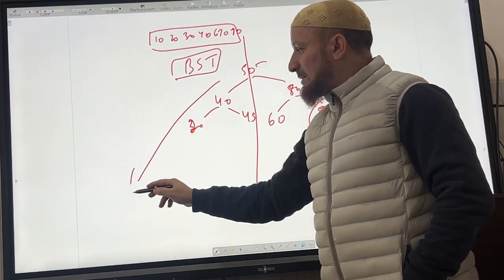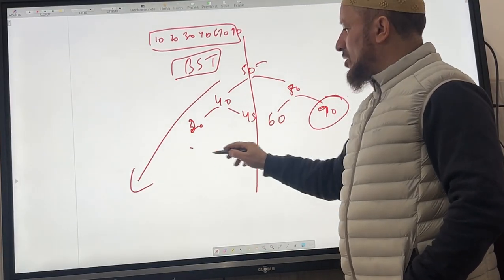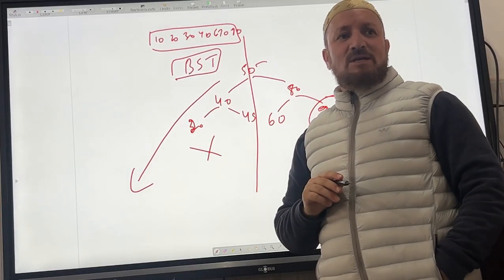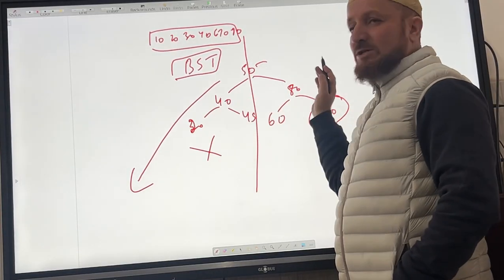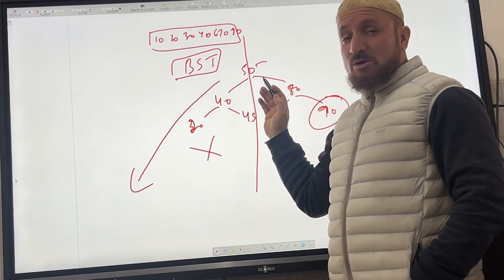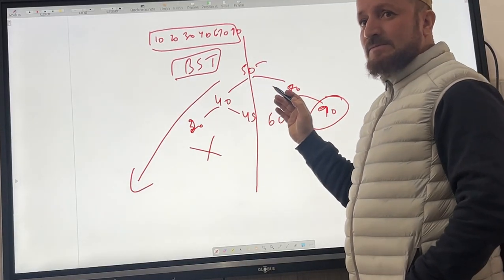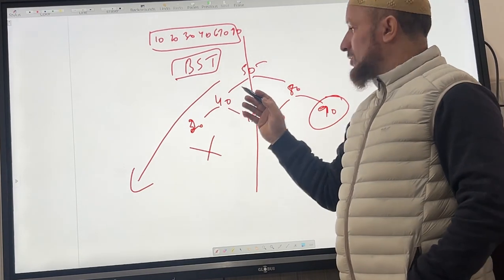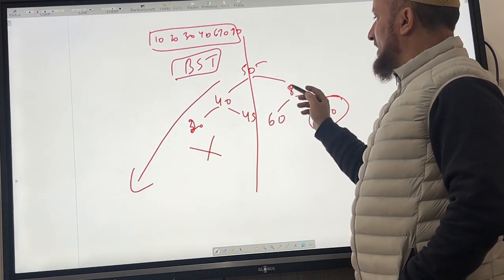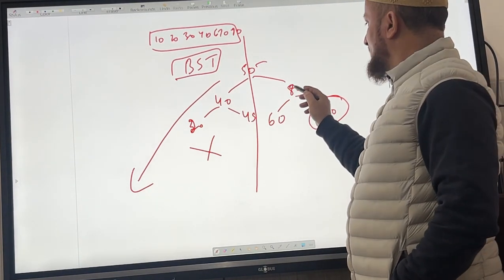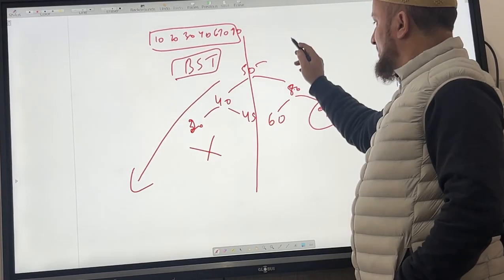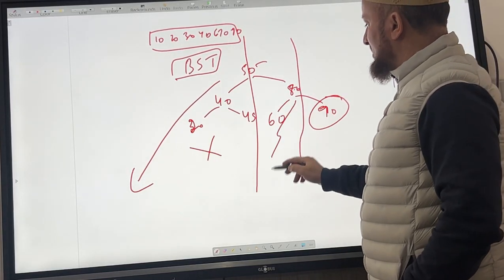If there are 1 crore elements here, they are all not to be seen. My element is on this side. This is what you do in binary search. You remember the binary search? Did we do binary search? Yes, sir. Okay. Similarly, if you go on this side, right? 90 is greater than this. So divide this. Whatever elements are here, I don't want to